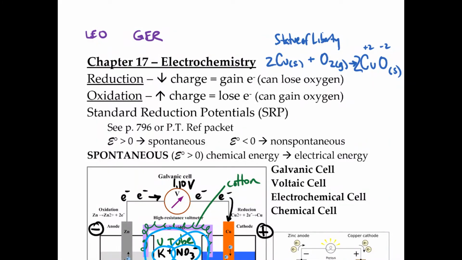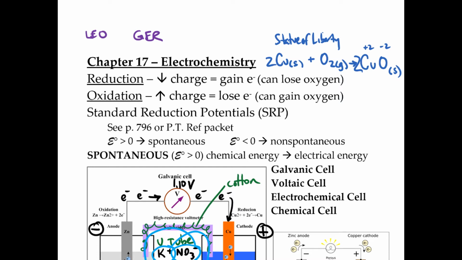Today we begin Chapter 17 Electrochemistry notes, and we're going to start off by talking about the Statue of Liberty. You've heard the word oxidation, I'm sure, in terms of metals, and what that originally meant was that they would gain oxygen. So if we take the Statue of Liberty that was made of pure copper, it looked like a penny at one point, it combined with oxygen in the air, and then the copper went up to a +2